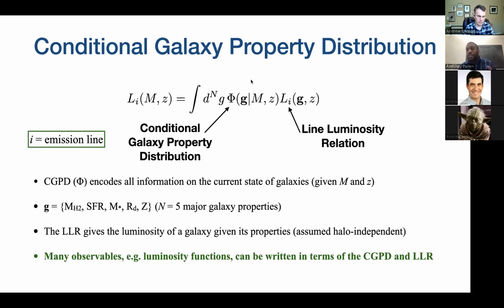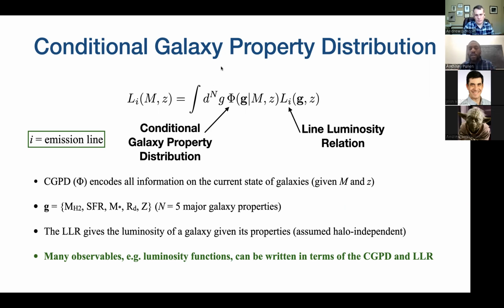And this is just a distribution of, if you're given a sample of galaxies, what's the average star formation rate for those galaxies? What's the average metallicity for those galaxies? What's the average H2 mass for those galaxies? And different properties. What we want to be able to do is to measure a distribution of all these properties, because these properties are going to tell you something about the physics of how galaxies